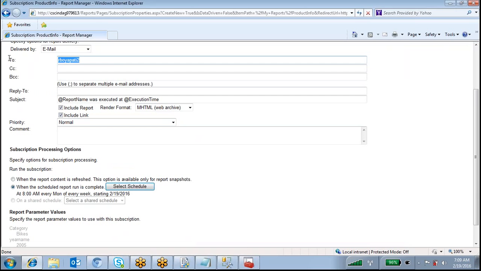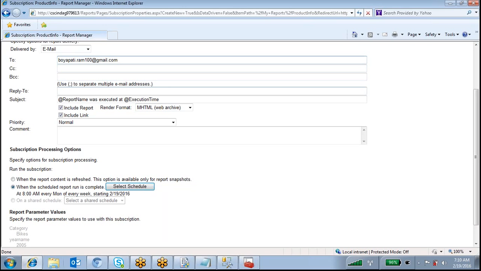To which mail ID are you going to send? boyaparty.ram100@gmail.com. To this mail ID I want to send this. CC, if you want to include any other mails also, you can include.